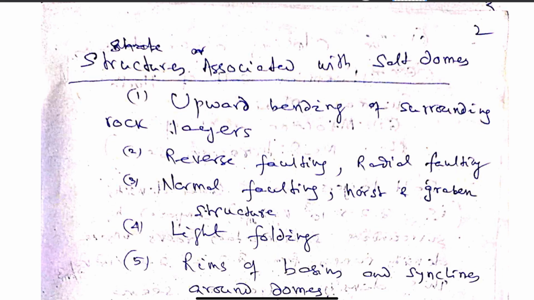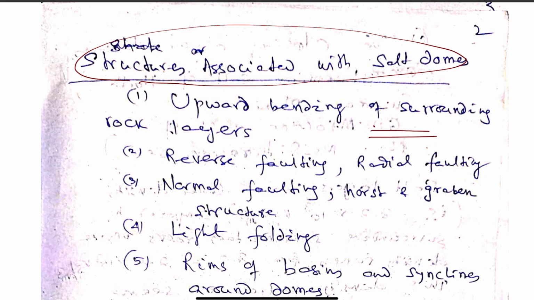Then what are the structures that are found to be associated with salt domes? That as it is a domal structure and it is sedimentary in origin, we have the deposition of salts, deposition of sediments, deposition of shale, sandstone, limestone. In this manner, the sedimentation takes place in particularly marine environments, and therefore the associated structures which come into being because of the intrusion of salt are upward bending of surrounding rock layers,